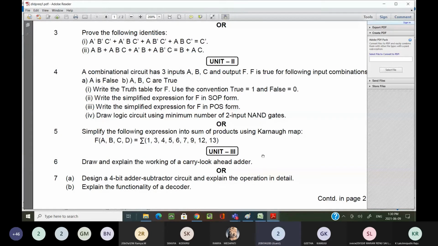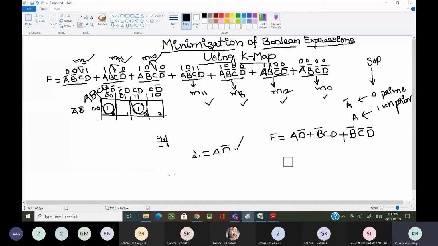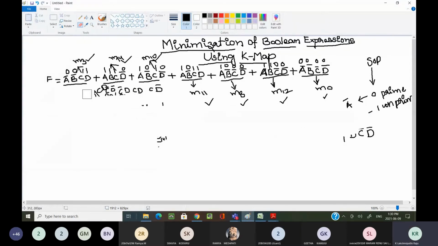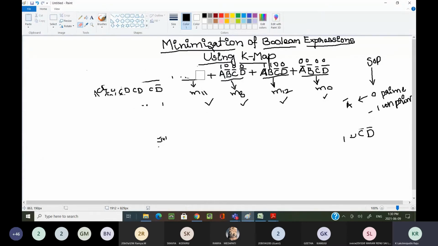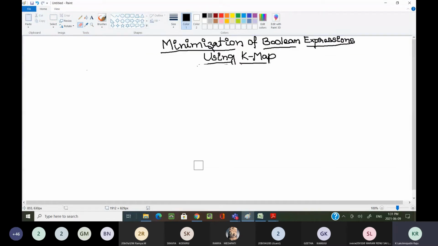C bar D plus B C bar D bar plus A bar C D. Just wait 1 minute. I can write the solution as well as the problem. First, tell me the problem, and after that I can write the solution. I don't know whether it is right or wrong. Why? Because if everyone is getting the same answer, then your answer is right. If 2 or 3 students are getting a different solution, then we have to cross check the solution. Please tell me first, what is the problem?